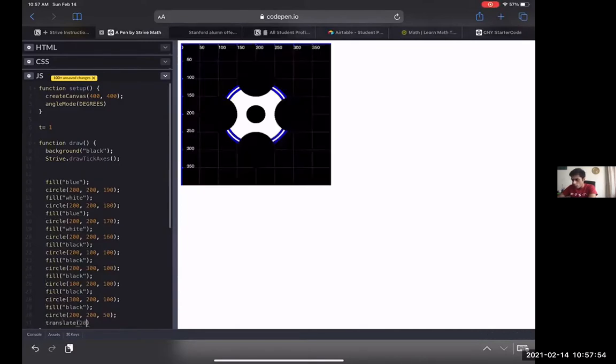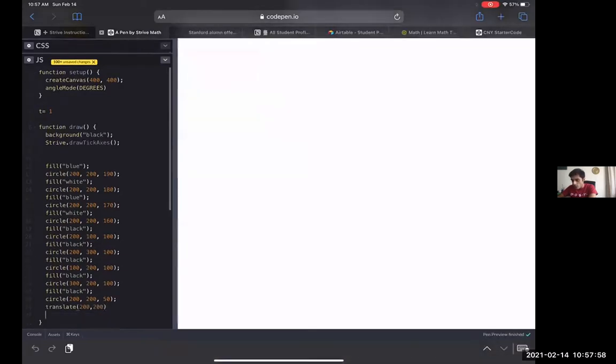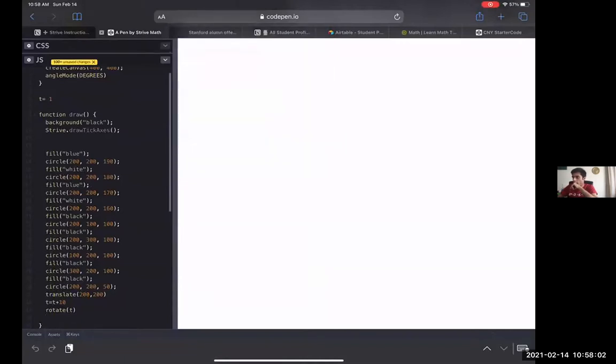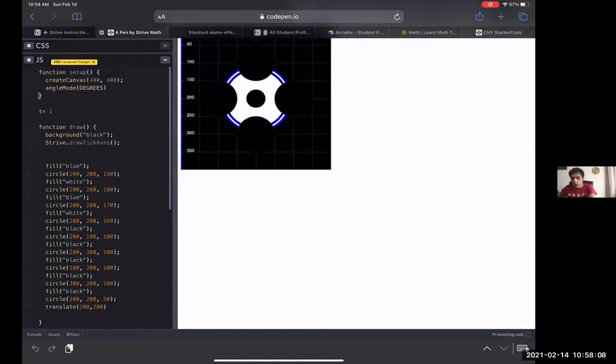Translate 200, 200. All right, we have 3 minutes. Let's go. T equals T plus 10, then rotate. Let's see if this works. Oh no, but I have to draw afterwards. No, I can't rotate before my drawing. If anybody has a code for